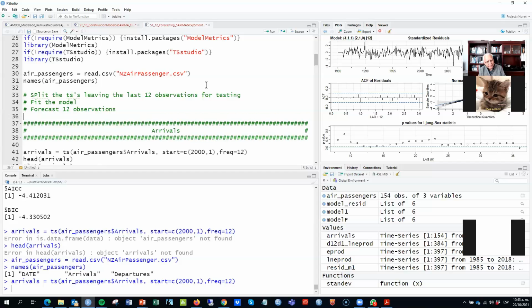Since you know the values of those data points, then calculate the RMSE